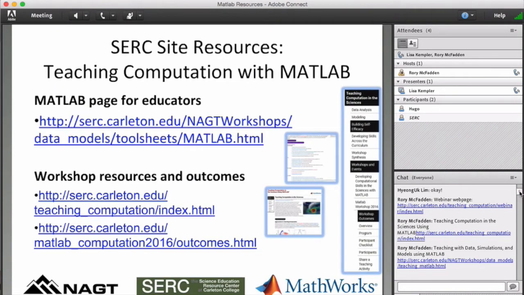Okay, so this is what I showed you. We went to the resources page for MATLAB. Then we went and looked at the website that was created from the workshop, including some of the subsections and some of the general tools that are available. And I encourage you after the webinar to go take a look at these sites and see what's there, peruse, go deep on the things that matter to you, because that's really where all the meat is, right? But before you do that,